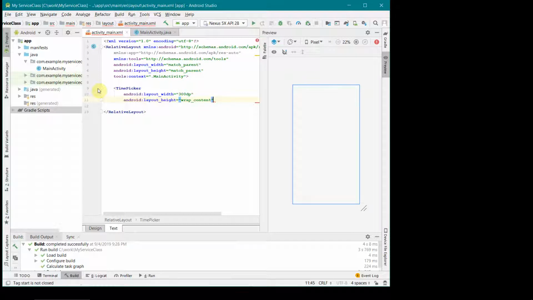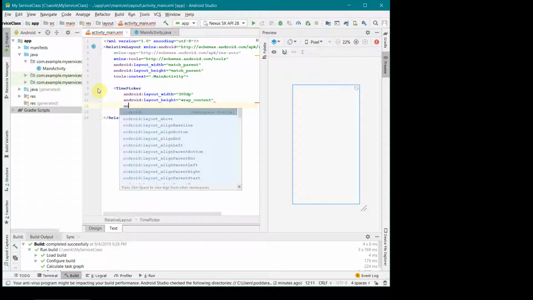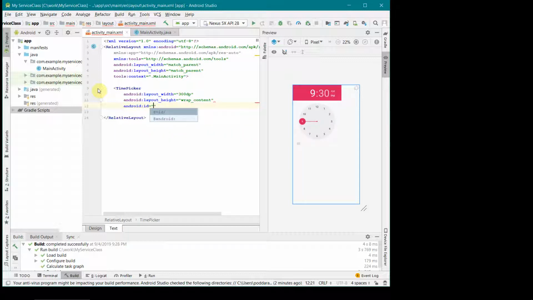Perfect. After this, I'll need the ID, so I'll add an ID, android:id, and call it timePicker.